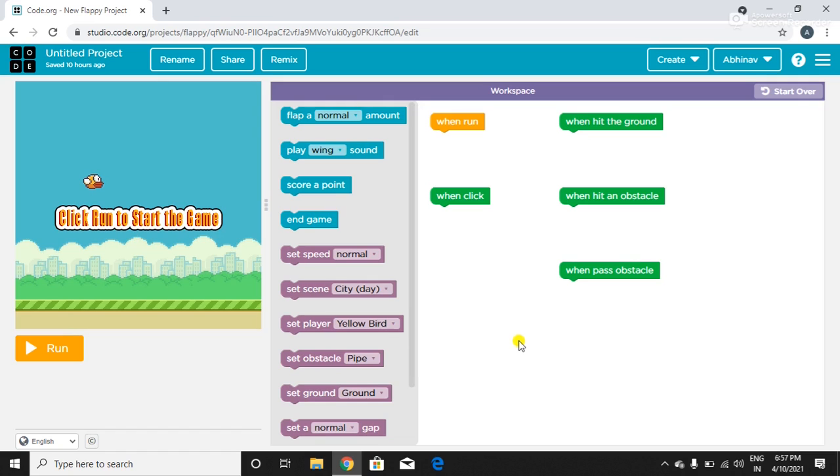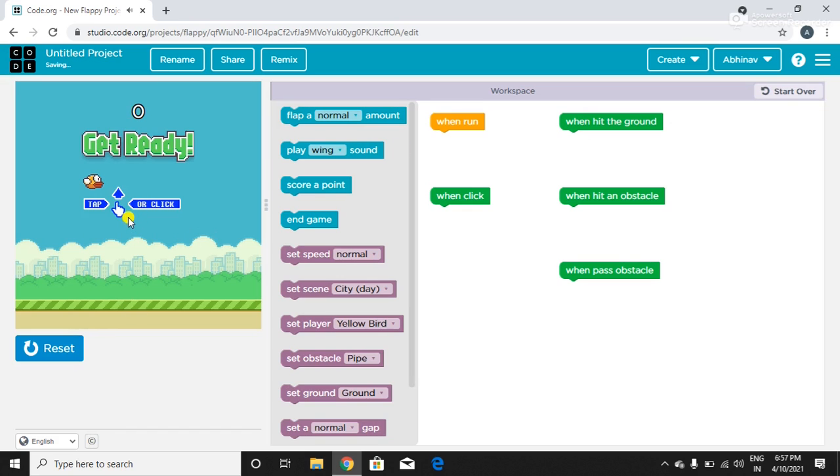So today I am here with an interesting game to explain to you, that is the Flappy Bird game. What happens when we run this game is that we will tap, so the bird will fly up and there will be some obstacles that the bird has to pass. I mean this character has to pass, and the score will increase as it passes one obstacle. So we are going to code this. It's a very simple code, so that is why I am showing it. It's for beginners so that they can learn how coding actually works.